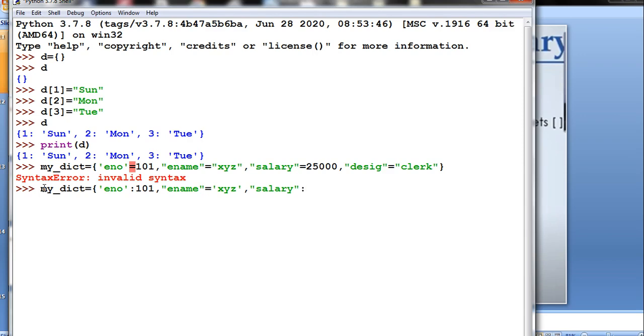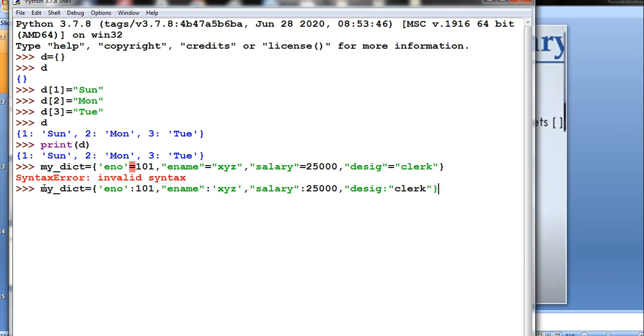Once again I gave equal by mistake, by practice it is colon. Salary is 25,000, comma, and let me give designation as clerk. Close it with the curly bracket.